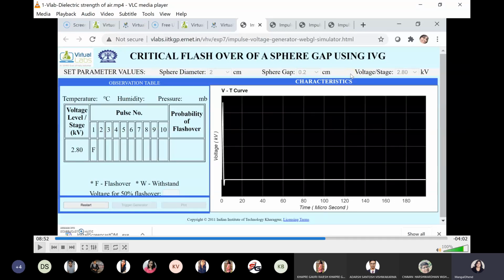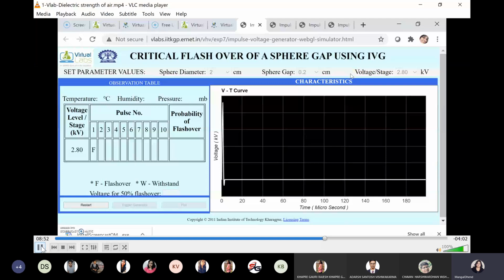Second objective. And third, keep the gap distance the same and go on changing the sphere diameter. So first keep, suppose, 0.2 and increase the diameter, find out the breakdown voltage and write down the conclusion. If diameter increases, what happens to breakdown voltage? Try to find out both effects: whether breakdown voltage increases or decreases as diameter is increased. That will be your third observation. Okay, so now start performing. Just watch what I did after that.